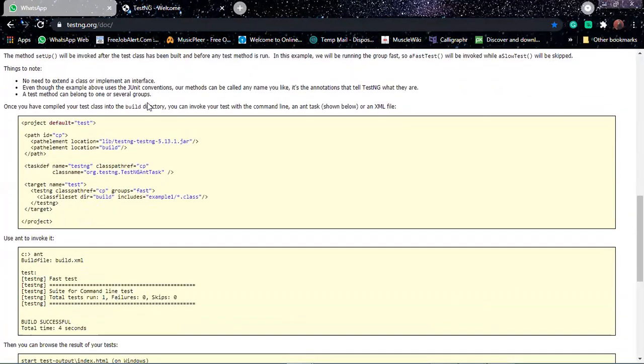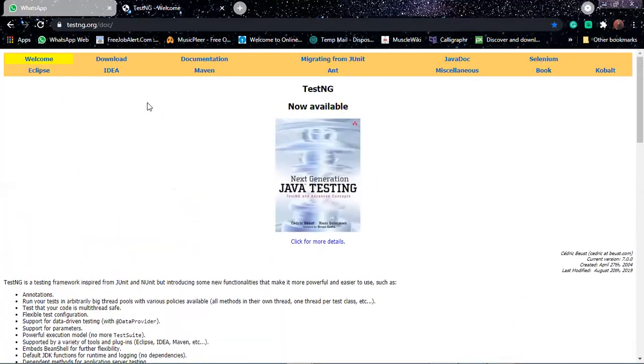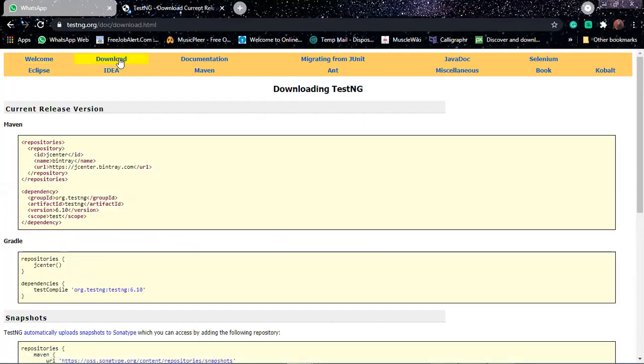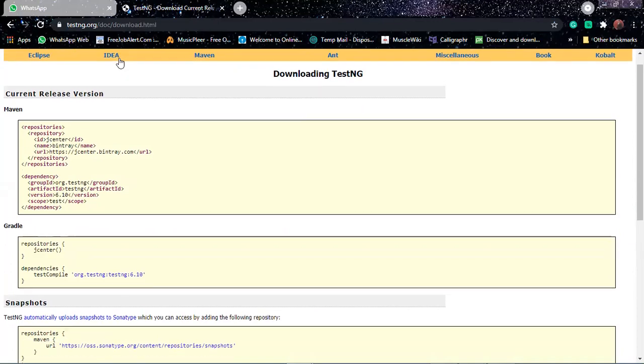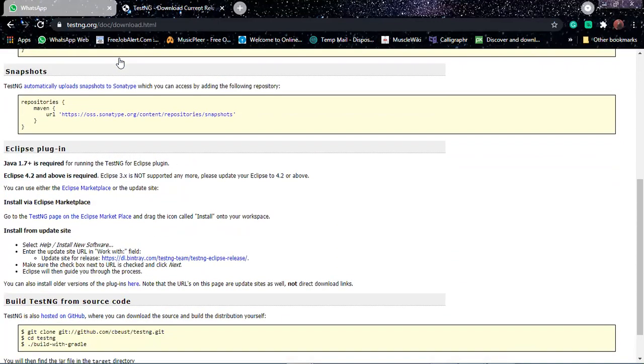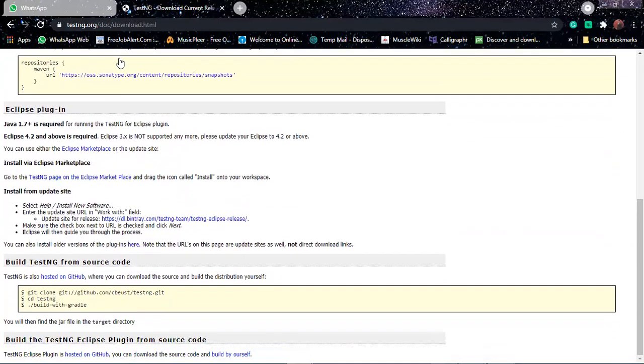Go to the download tab at the top. You have a download tab, right? There you can see, and now come down here. Copy this particular line, whatever I have highlighted. Copy that URL, where your mouse is.